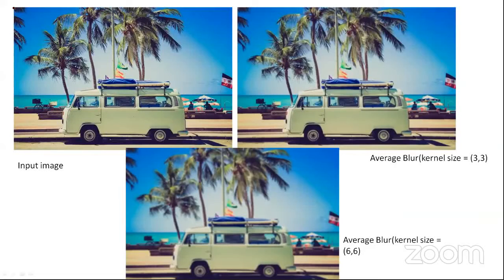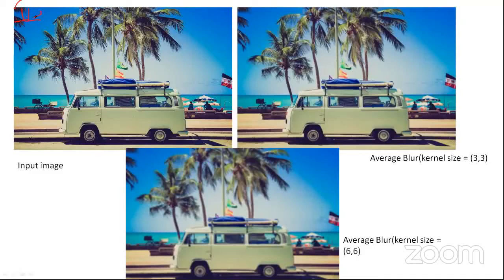What we are basically doing: suppose you wanted to reassign this pixel because you wanted to blur it. In simple average blurring, you take the kernel size. Suppose you are taking the kernel size of 2 by 2, so 4 pixels. These are the 4 values in a matrix we have. We will take the average of all and replace the first one by the average of all the 4. We will do it in our next iteration.